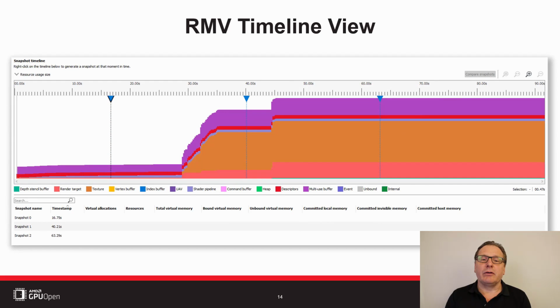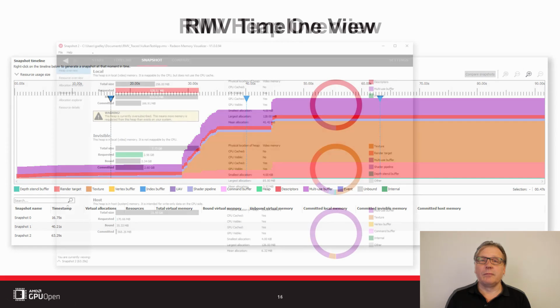Now we have 3 snapshots at interesting places in the trace. Each snapshot is saved automatically into the trace file on disk so that the next time we open the trace we can revisit the same point in time. Snapshots can be renamed or deleted by right-clicking on them in the table and using the pop-up context menu. Let's look in more detail at snapshot 2. To do this, simply double-click on it in the table.